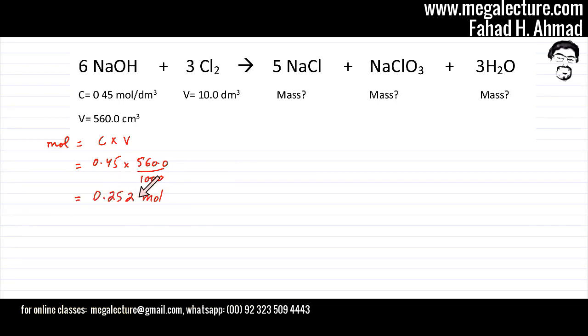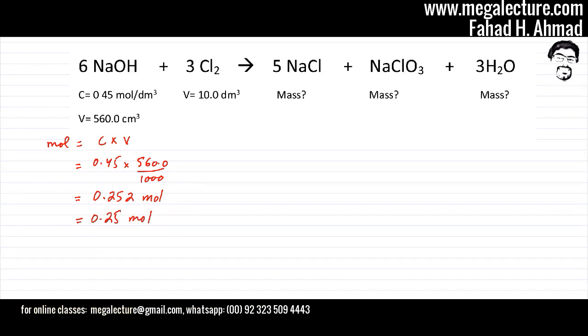The answer that I get on my calculator comes out to be 0.252 moles. Remember that one of the values is accurate up to two significant figures, so when you're stating the answer, round it to two significant figures because your accuracy doesn't exceed that, so it's going to be 0.25